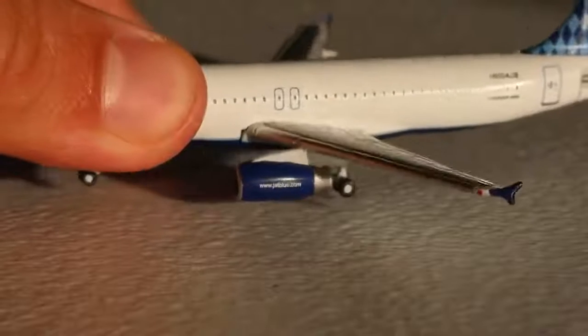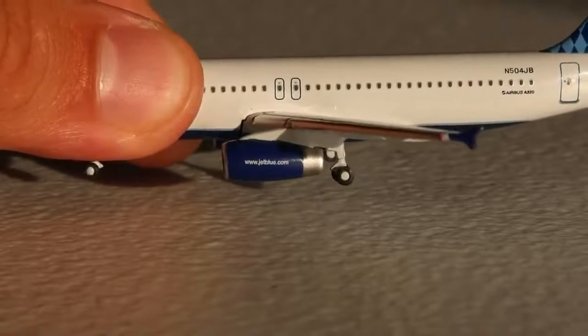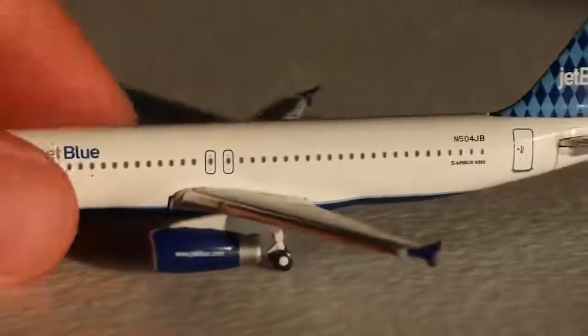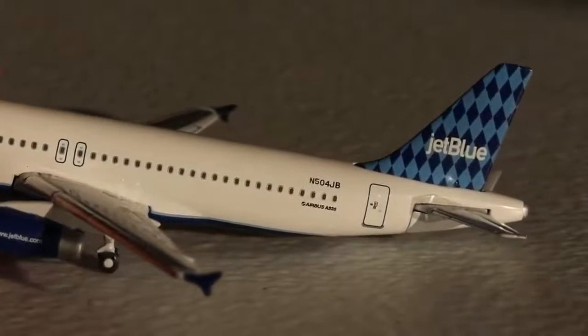There's the JetBlue.com engine, which looks quite nice. IAE 2500s, and of course you got the exhaust right there that also looks really nice. Here's the back of it. You also have really good detail in the main landing gear, also looks quite nice, so we'd love to see that. The rest of the fuselage, of course, not too much going on, but you do have the registration